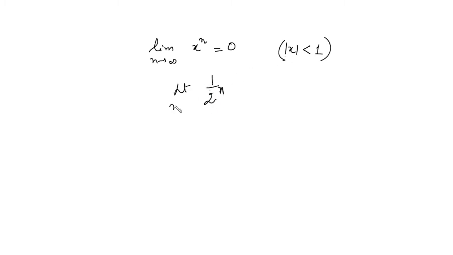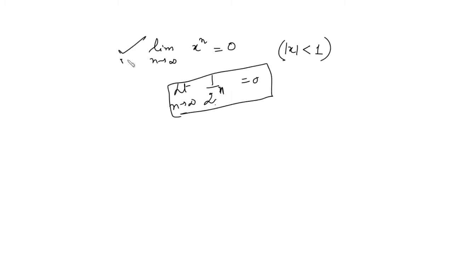Now just see the next one. What is the limit of x to the power n whenever mod of x is strictly less than 1? So it will be 0. Now why is this 0? Because your x is strictly less than 1. For example, let's suppose x is 1 by 2, half. So when you take 1 by 2 to the power n and find the limit, it will be 1 by infinity, and this is 0.